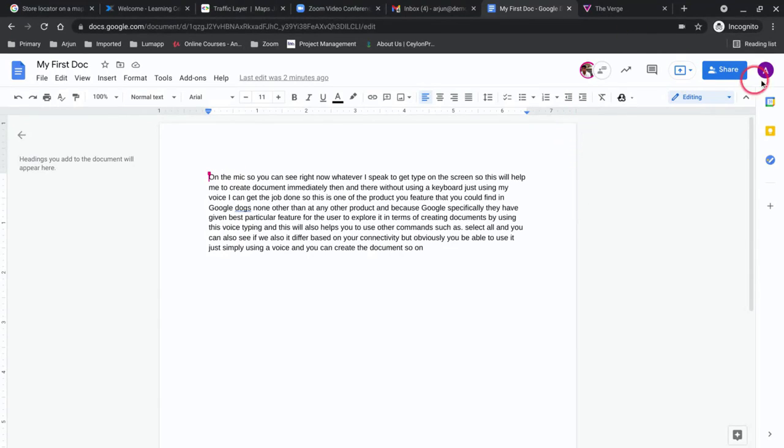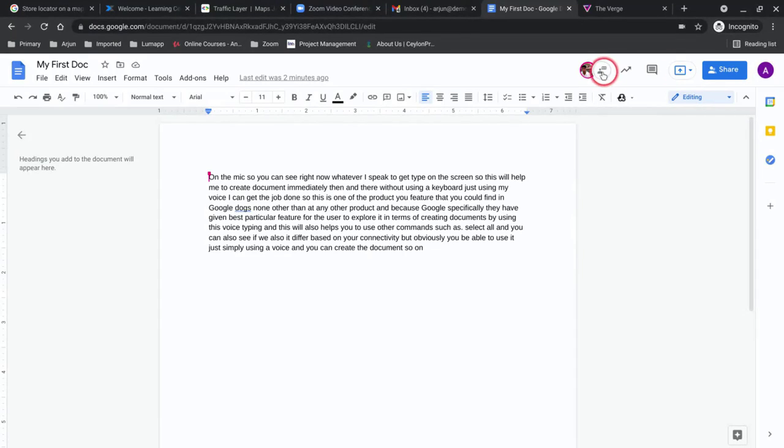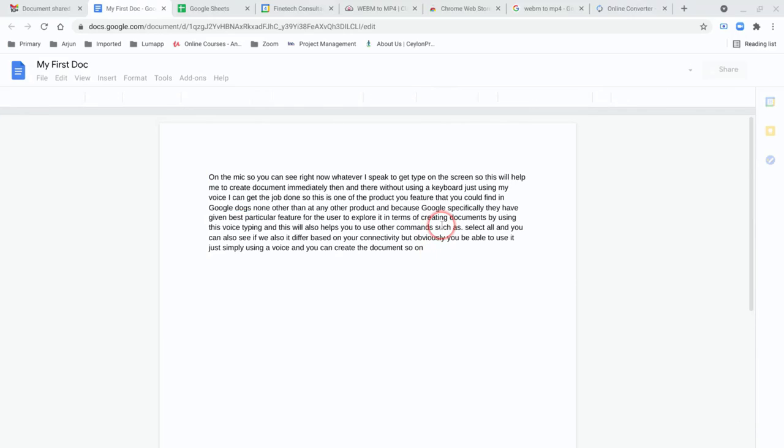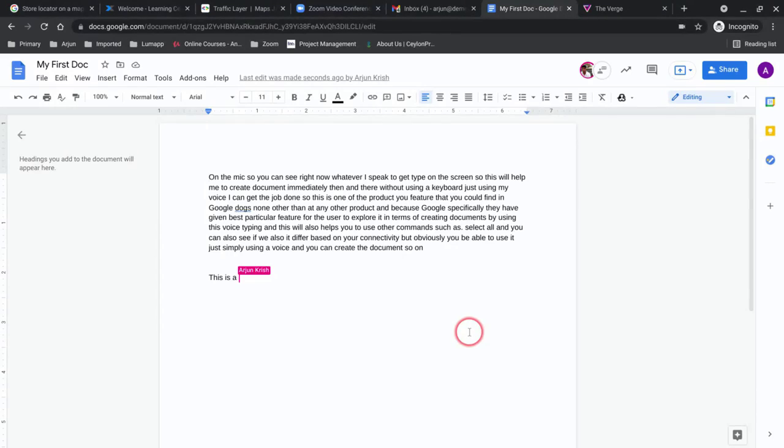So you can see now I'm at my other account, which is the original account which I used initially, and I have shared it to my other account. You can see the user, whoever opens the document at that particular time, it'll be indicating how many people have opened the document at the same time. So whatever I type on this screen, this is a test, you can see it will show on the screen